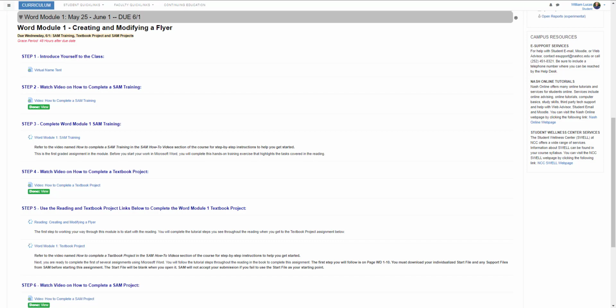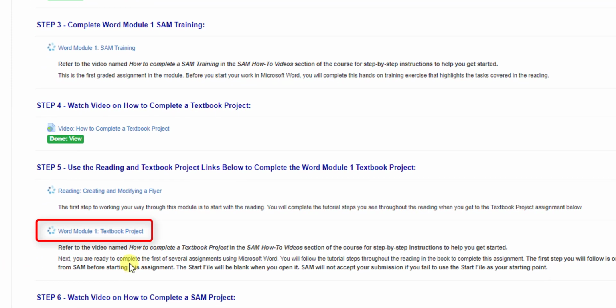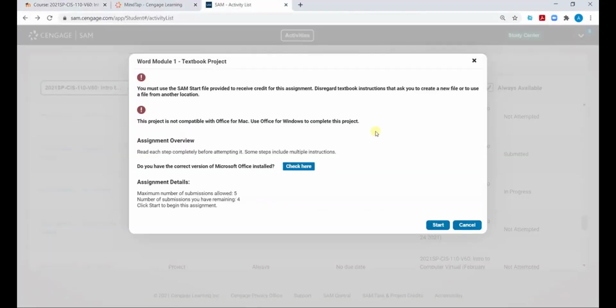First, you will want to locate the textbook project for that section. Again, we will locate the Word Module 1 textbook project for this example. I'm going to hover my mouse over the Word Module 1 textbook project Cengage link and click it. Once you click it, all the resources will open over in our SAM portal for you to complete the textbook project. You will be presented with a view similar to this one,